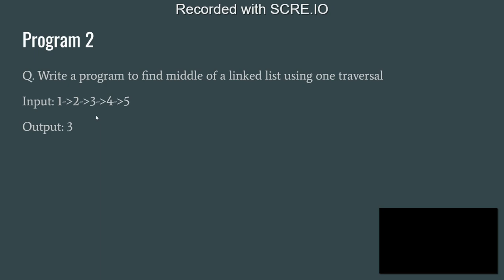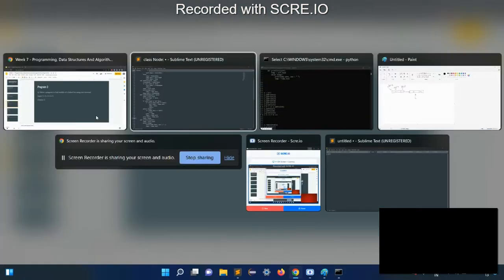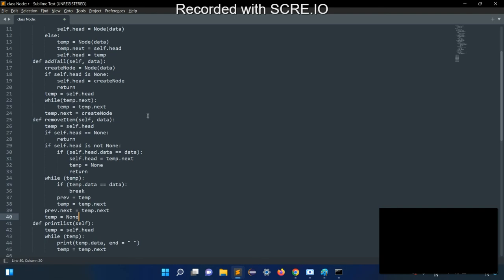So for that, the logic is using two pointers, in which one pointer will iterate a step at a time, and a second pointer will iterate two steps at a time. For example, consider the analogy of climbing stairs. Suppose there are 12 stairs, and if you are climbing two steps at a time, then you will take 6 iterations,